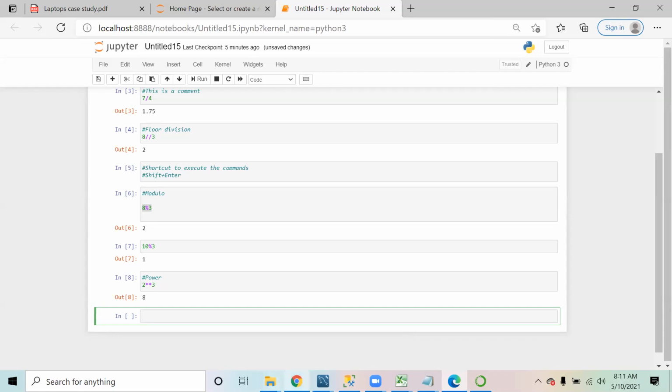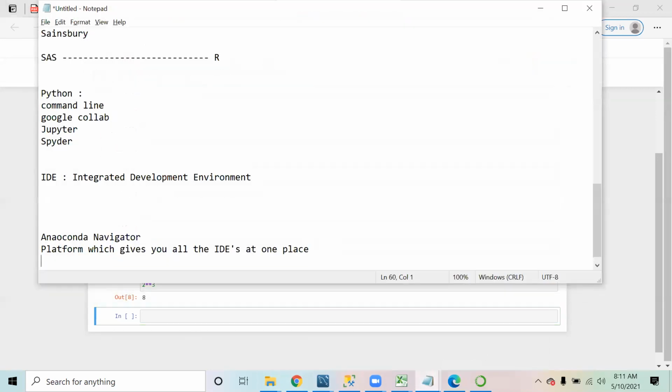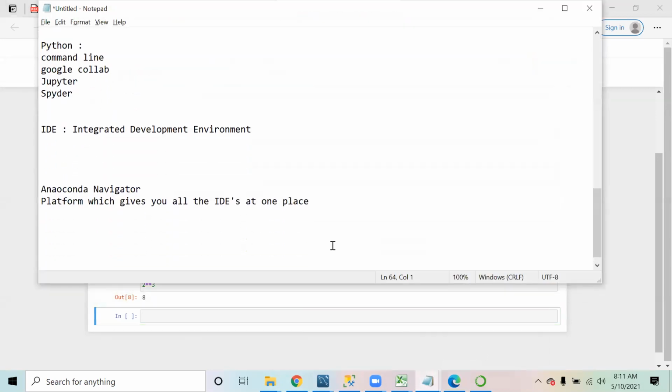Now, one very important note over here: Python operates in the RAM, random access memory.